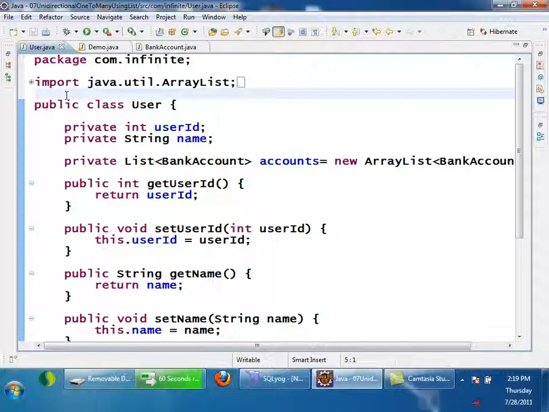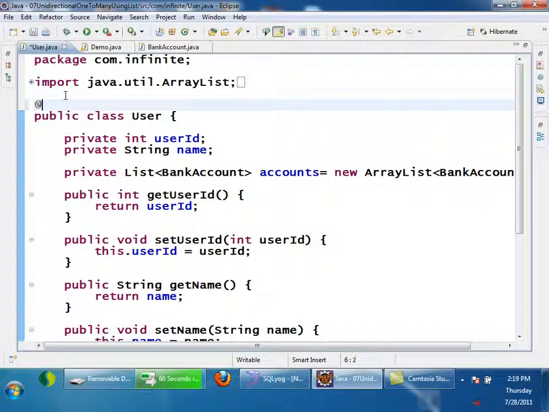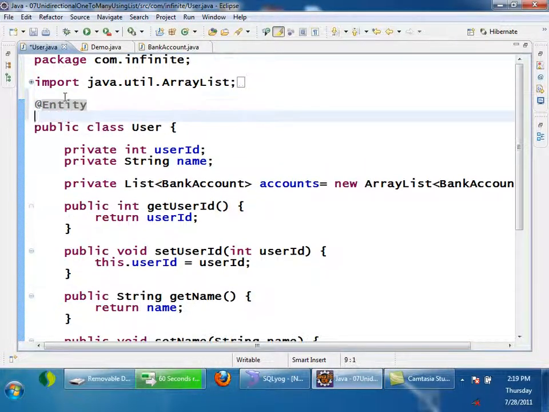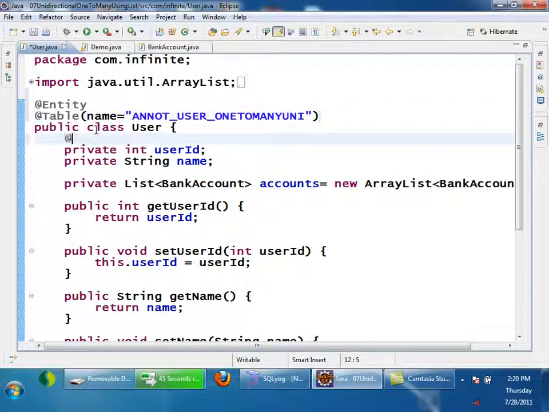Let us see now. I'll annotate this with Entity because this is an entity, and I'll give the table name for it. Table name is equal to, I'll say annotation_user_one_to_many_unidirectional. Okay, so then here the ID I have to annotate with ID and GeneratedValue, and also I'll give a column